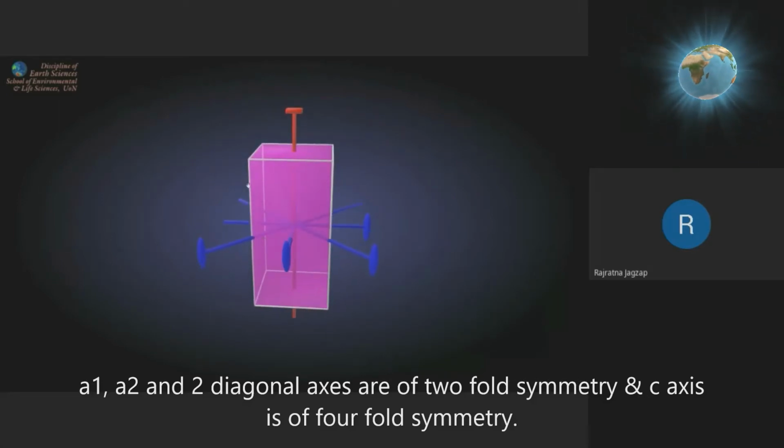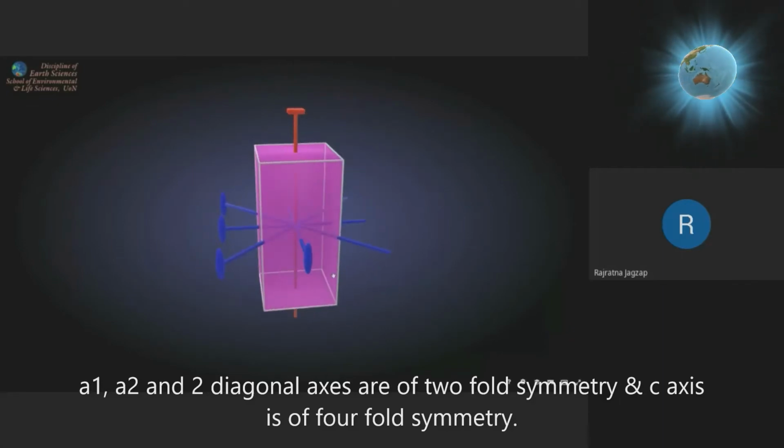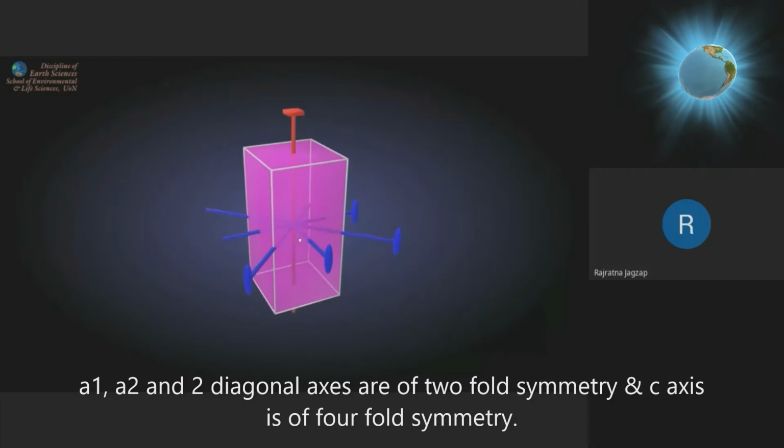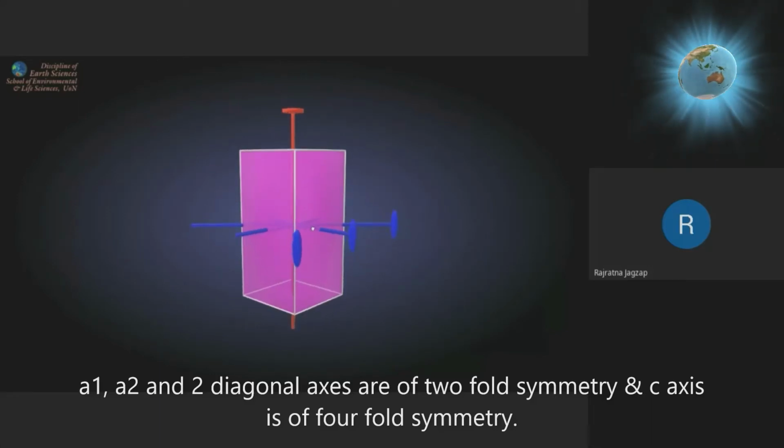The second diagonal axis is passing from the left hand side edge center to the back side edge. Okay. So if you hold it like this in front of you, again you are going to see 2 faces in front of the observer. So if you rotate the crystal along this axis, you will be seeing two faces repeatedly. Count this as one, rotate it, this face will come here. Two.